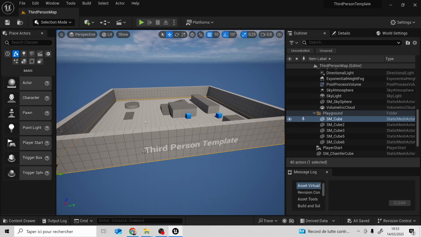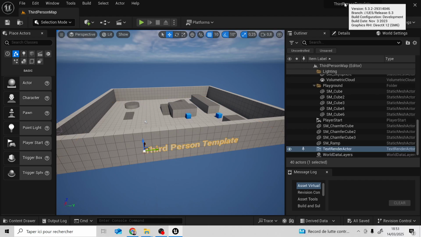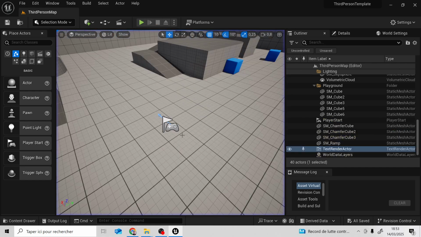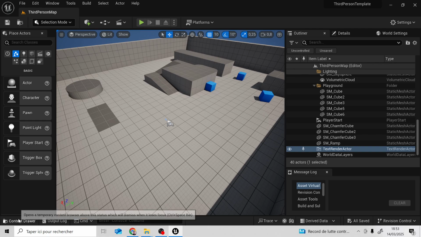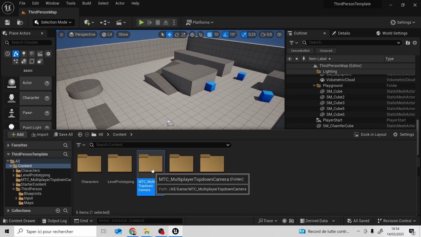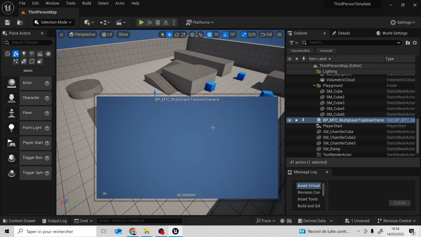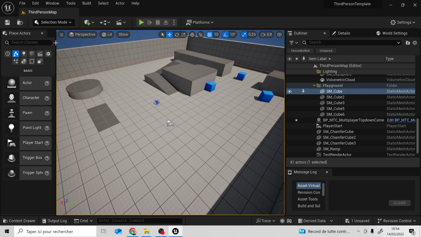Hello, I will integrate the multiplayer top-down camera in a third-person template. It is a classic third-person, and let's go. Okay, to introduce the multiplayer top-down camera, you can just go there, take the multiplayer top-down camera, and you have